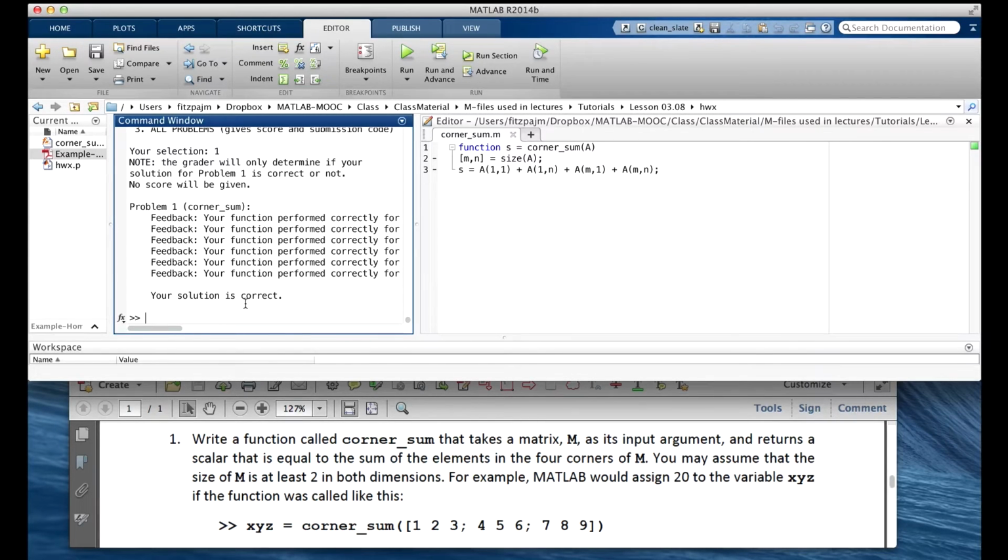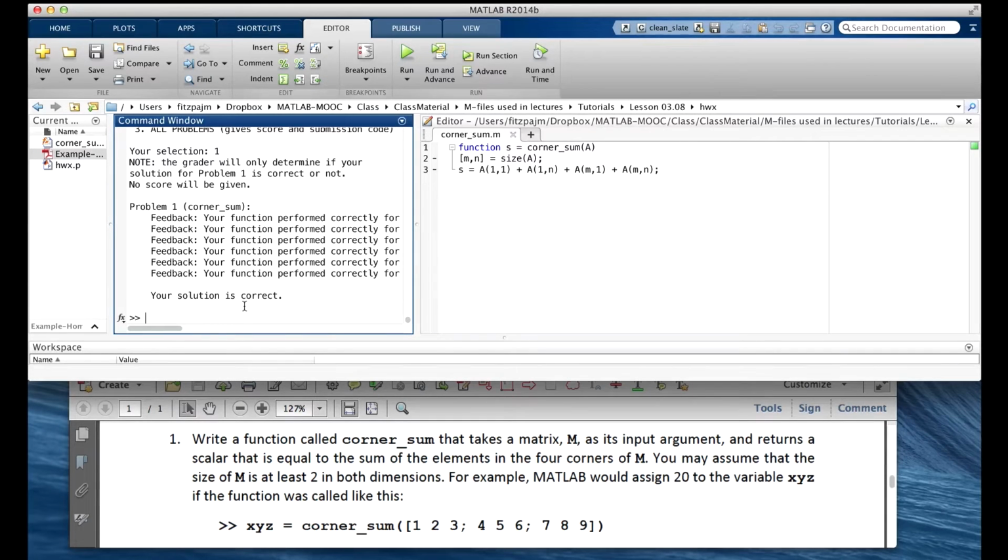3. We should test multiple times with different input arguments directly in the command window to catch errors before running the grader. And 4. If we still can't figure out what's wrong, we can post in the discussion forum, but we provide the result from running our function directly from the command line when we do that. And we should do that as a last resort. And when we do it, we should also provide additional information by running these commands, including the input the grader fails with, and copying and pasting the entire output provided by MATLAB. We should include all that, but we should not include the code.